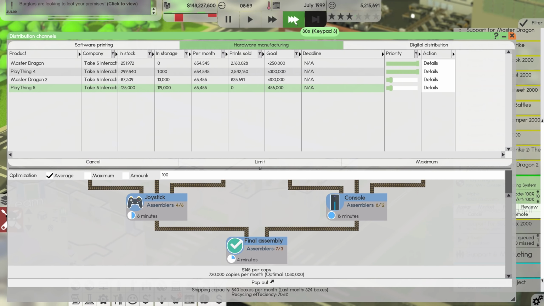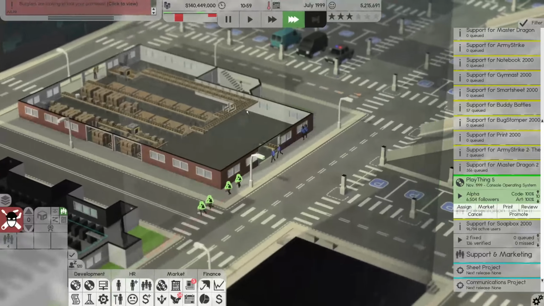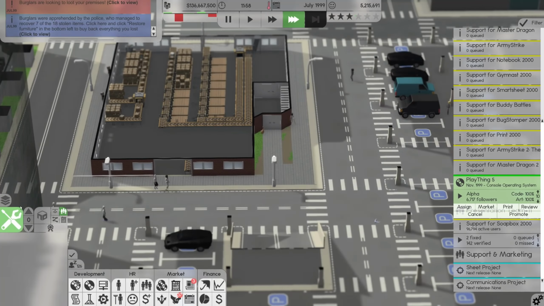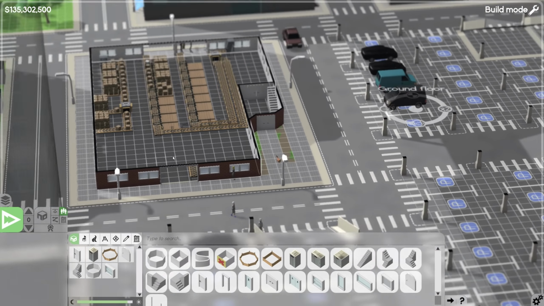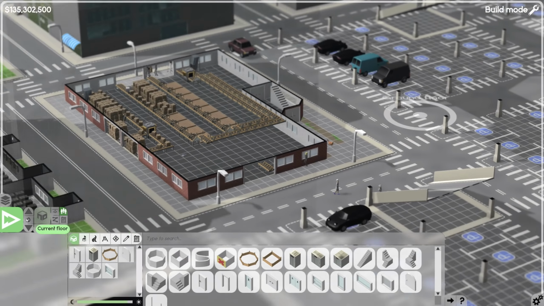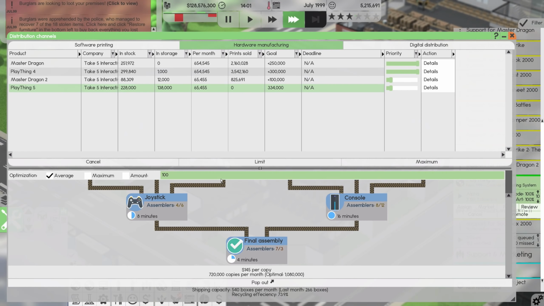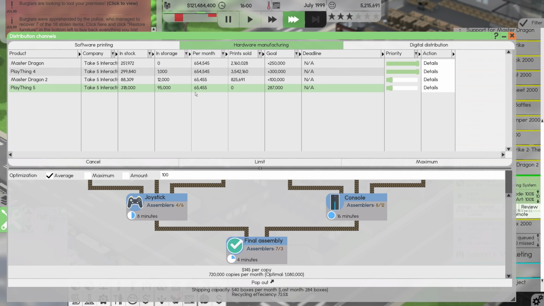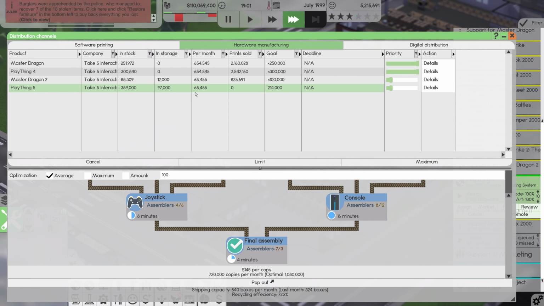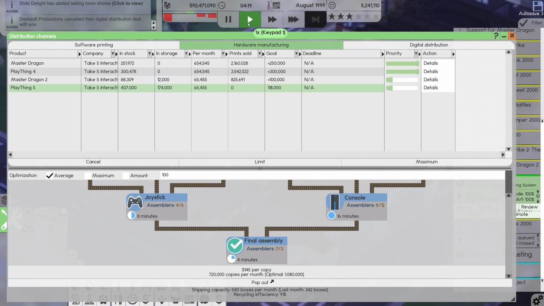Let's get 500,000. Really? Are you kidding me? That's great. Just what I want. Yeah, let's get 500,000 units of this thing in stock. This is crazy expensive to do this. This is really expensive to do this.